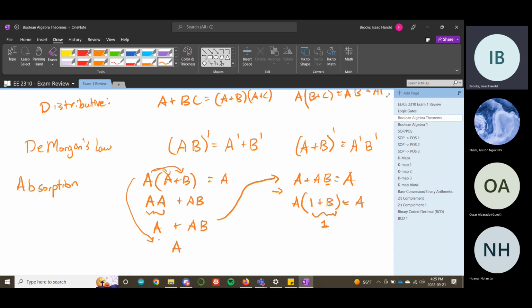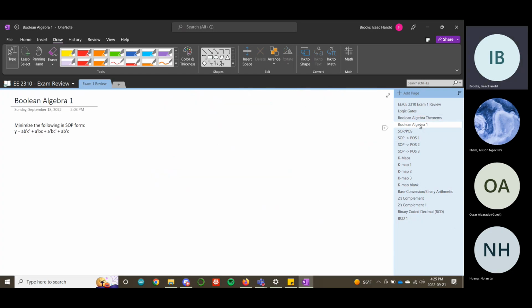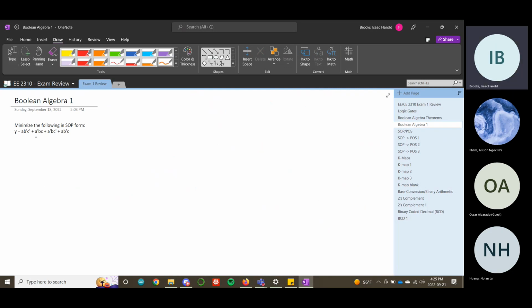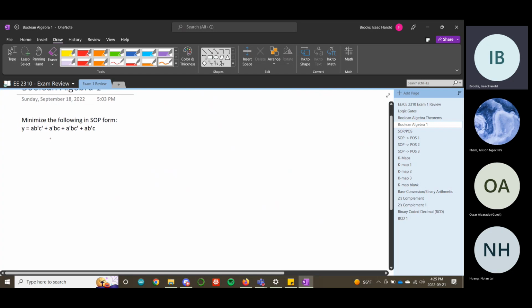Otherwise, we can do an example using these properties, maybe. Time is going much more quickly than I expected. So, minimize in SOP. SOP is sum of products, right? So if we want to minimize this,